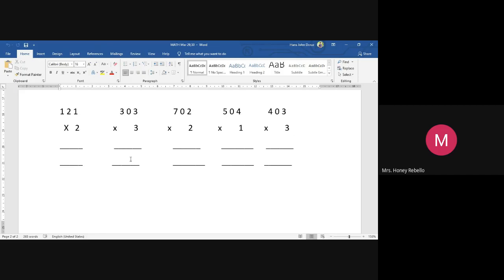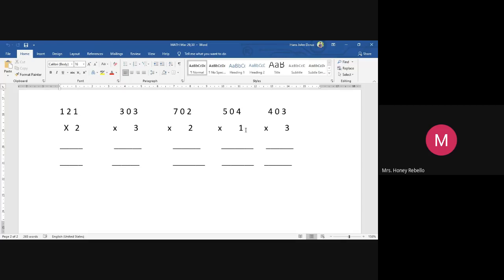Big clap for all the children, those who answered. Okay. Kevin, very good. So the answer is, without doing it, you can say, because any number into 1, you get the same number. Any number into 1, you will get the same number. So the answer is 504. Very good. The next child is Kushagra.